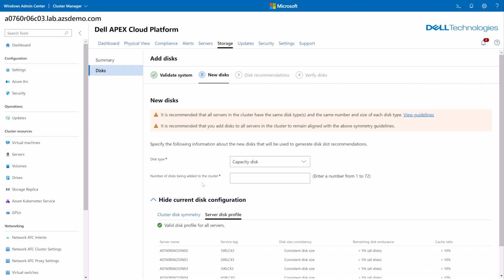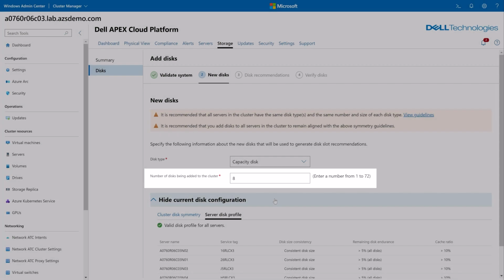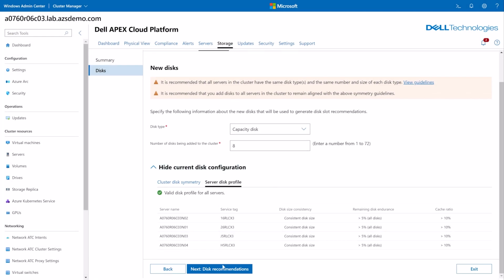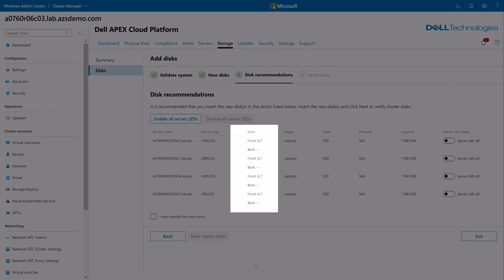In my case, I will add 2 disks into each node of my 4-node cluster for a total of 8 disks. I get some very convenient disk recommendations here that will help me stay aligned with best practices, and I'm even provided with the first open drive slots.